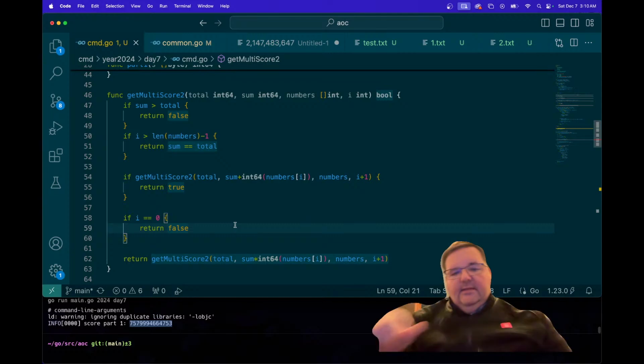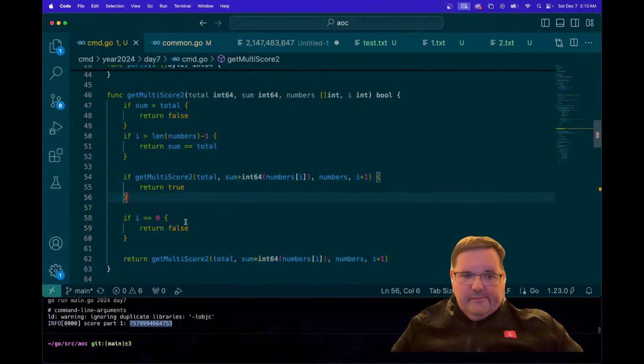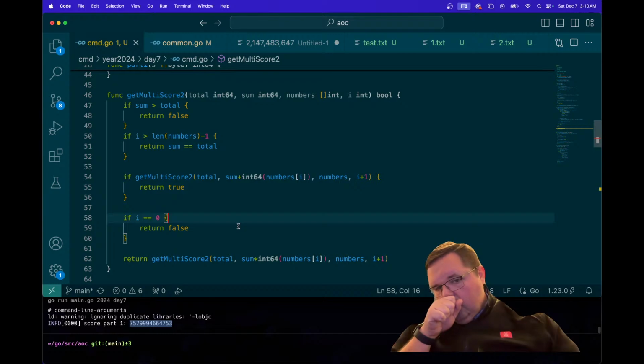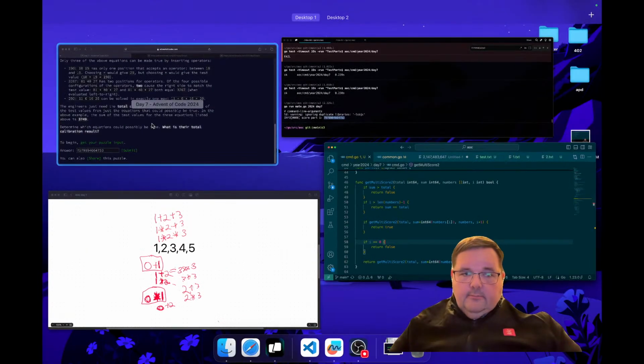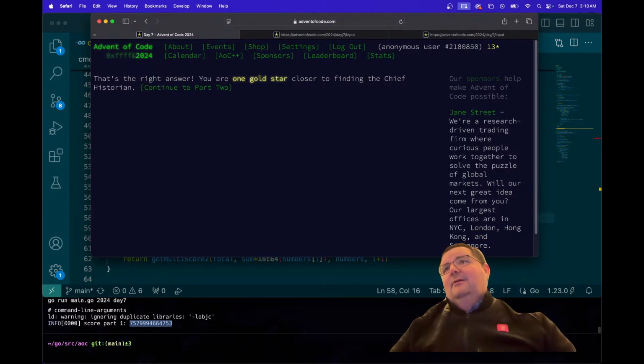But I don't want that 0 condition in place. Okay. Finally, part 1 done. How do I mark this here? I'm gonna do like a little,